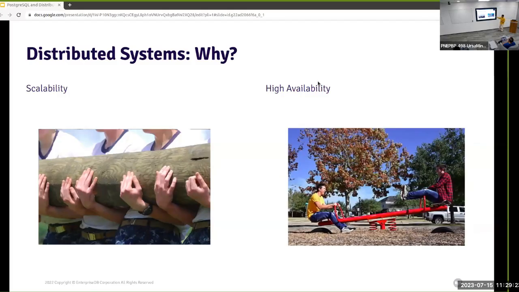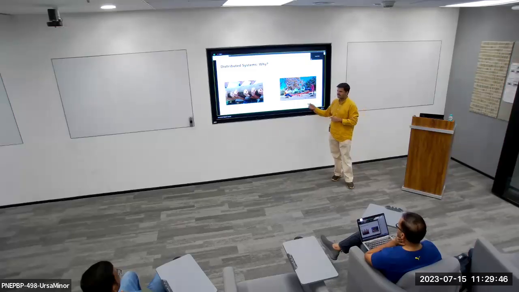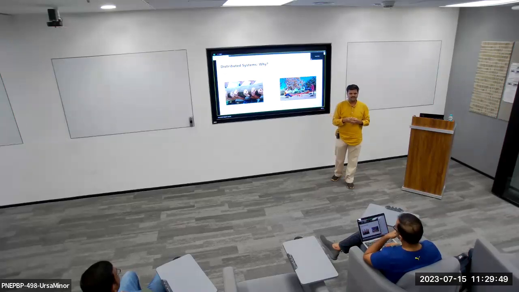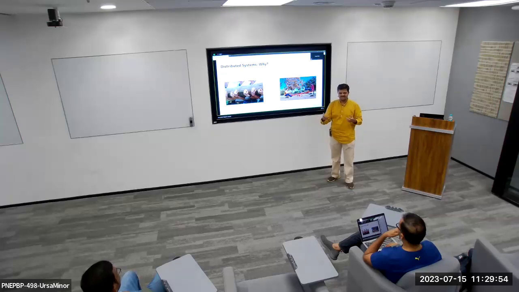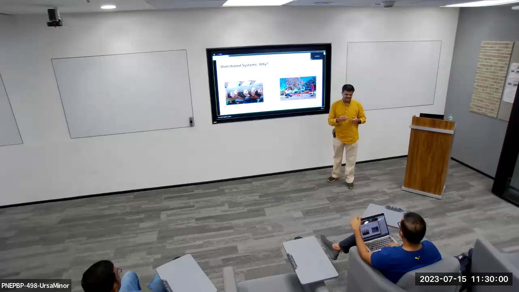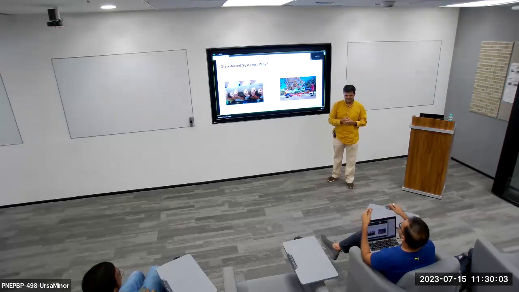Again, now look at the high availability picture, and you will see that there are two resources there, and one of them is active. I'll let you decide which one is active, okay? And the other is passive. So in such systems, initially it was thought that with this passive system we are wasting resources, keeping it just there for availability's sake. And so the thought started: why not start using that passive system?